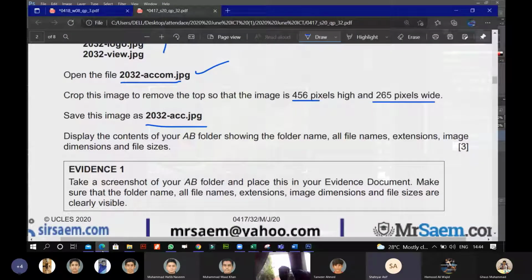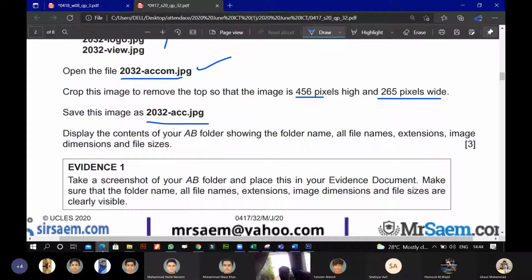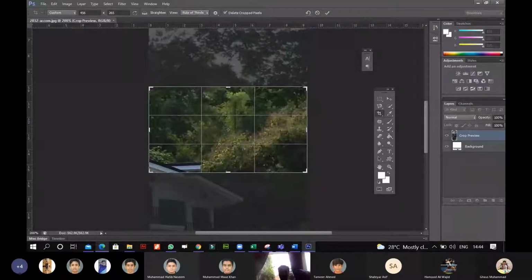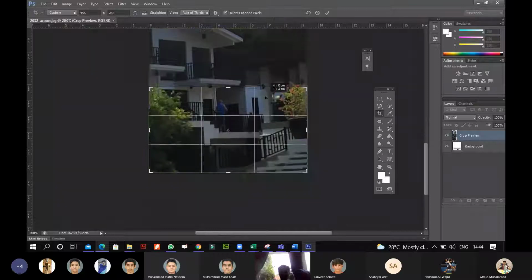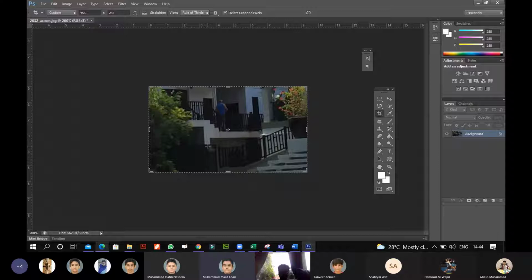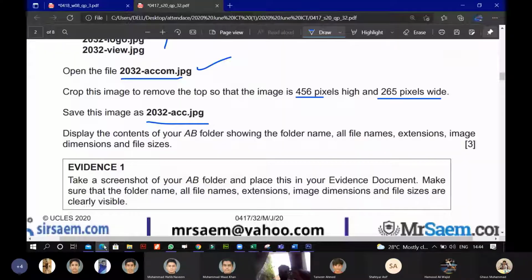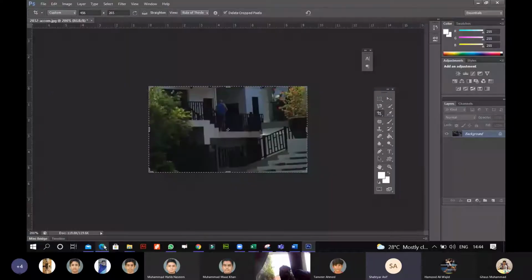And how should it be cropped? Crop this image to remove the top, so the image is this much. So I just need to remove the top, and I just need this part. You get my point? And you press enter. Yes, sir. वो आपने निकाला कहाँ से है? बेटा, वीडियो इसलिए तो रिकॉर्ड कर रहा हूँ, ये क्रॉप है।